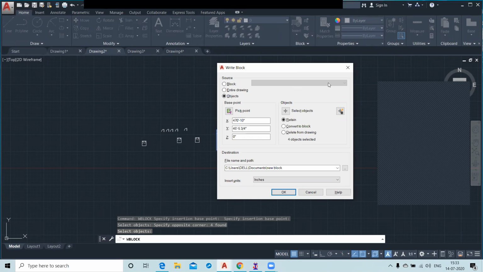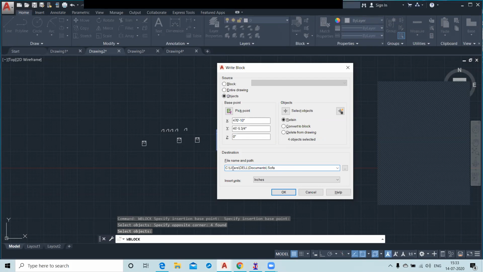So in blocks you have to convert a temporary block into a permanent block, but by this objects option you can create a new block directly as permanent. So here you specify the name as sofa.